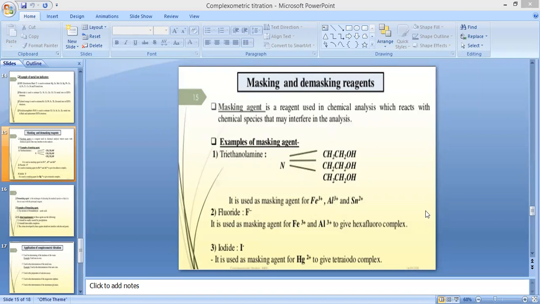The definition of a masking agent: a masking agent is a reagent used in chemical analysis which reacts with chemical species that may interfere in the analysis. So masking agents are substances that mask or cover the unwanted metal ion present in a given substance, which is not required for titration purposes. So masking and demasking agents are used for the determination, are used for covering